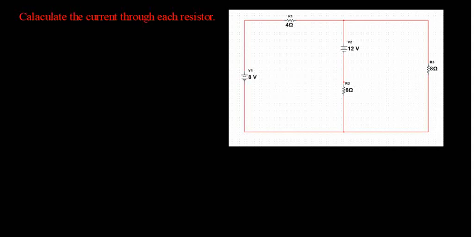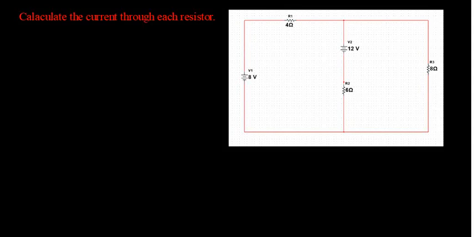Hello again. In this video I will be solving an example related to Kirchhoff rules, and I'm asking you here to calculate the current through each resistor. So I have 1, 2 and 3 resistors. They are connected in a certain way with the two batteries, two different voltages. Alright? Now, to do such things and following Kirchhoff rules, we need to remember that in Kirchhoff rules we have